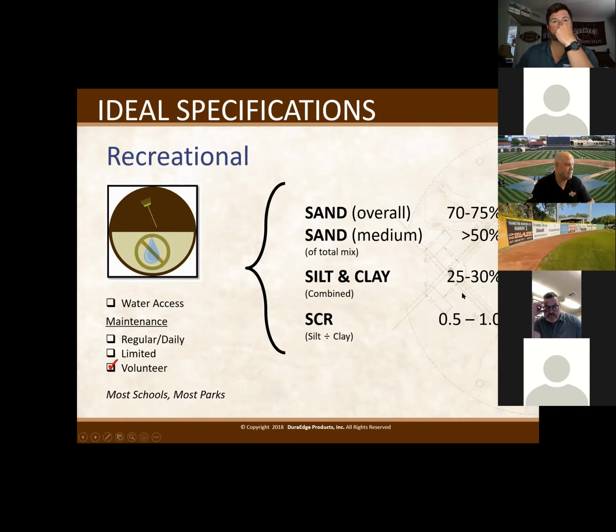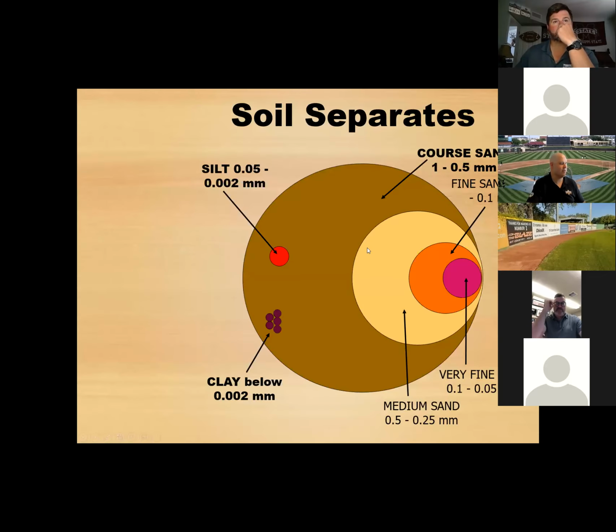Silt and clay is going to come down, because silt and clay is what's going to drive and make these infield skins harder, so we bring that number down while continuing with the silt to clay ratio when building those soil structures. So I brought this back up because I'm going to dive into what a soil test looks like.